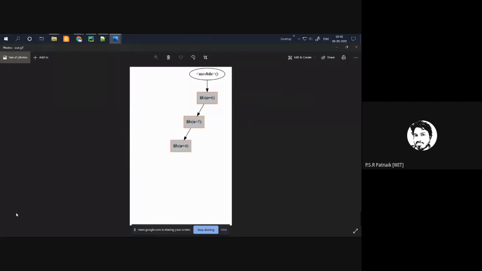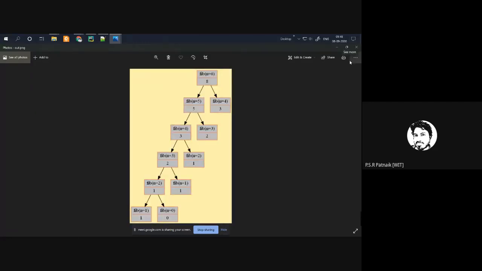So n is equal to 6, 5, 4, 3, 2, 1, then 0, then it will call n is equal to 1, 2, 3, and 4.